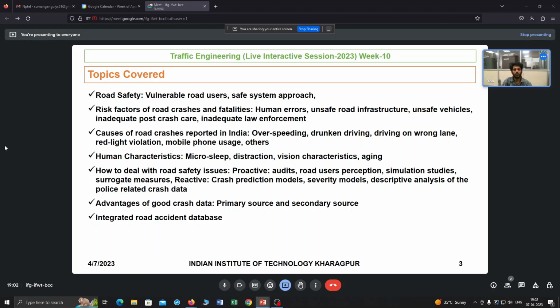Then actually we can do some kind of simulation studies to replicate the field conditions, and we can use some surrogate measures. Surrogate measures are the measures which can act as an indicator of safety. So if this indicator value is high, maybe safety is low, so that means in this scenario the safety is compromised. But if we change this scenario to this scenario, maybe our safety is increased. Suppose